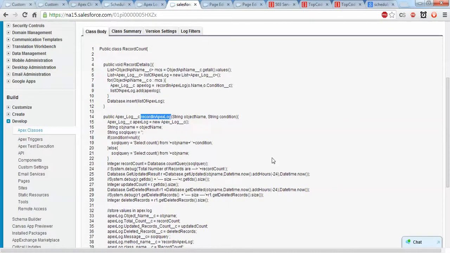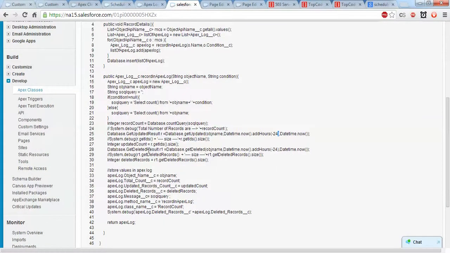If there is any condition, I am making a SOQL query like select count from object name where owner is this, and if there is no condition, I am making a simple query. Database.getUpdated result will give back the records updated within 24 hours. It is a Salesforce functionality. And to retrieve deleted records, I am using database.getDeleted to avoid extra queries.